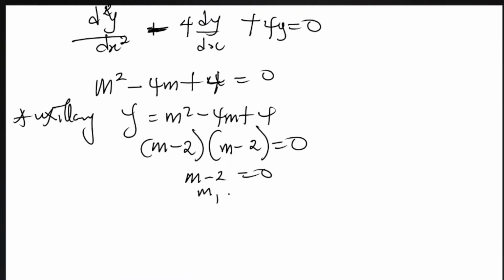So your m1 here will be 2, because minus 2 crossing an equality sign becomes plus 2. And m2 will still be the same, plus 2, such that m1 is equal to m2. Now, your final solution for your ordinary differential equation will be